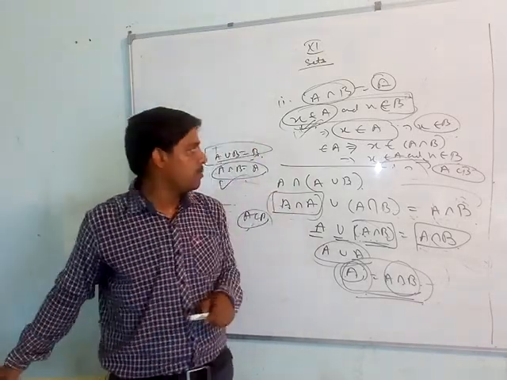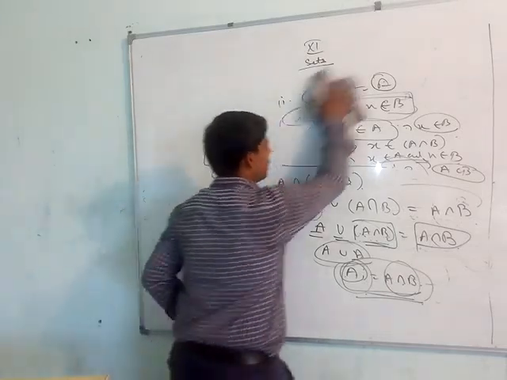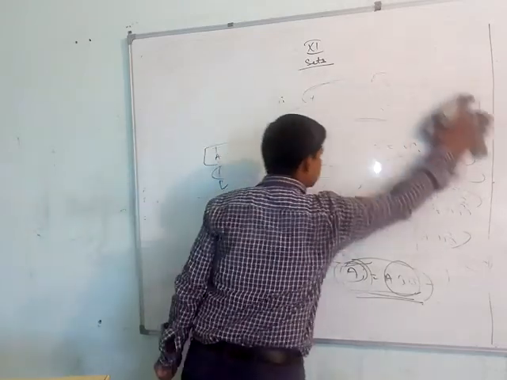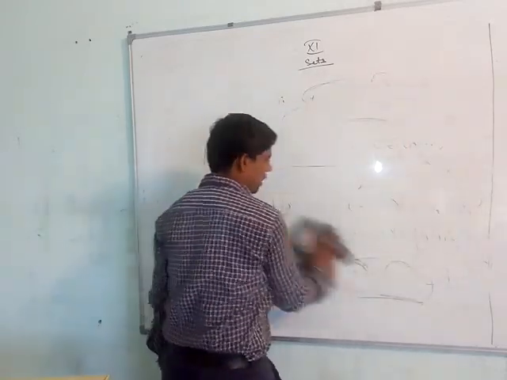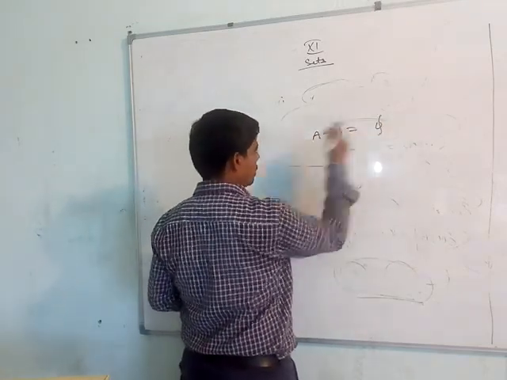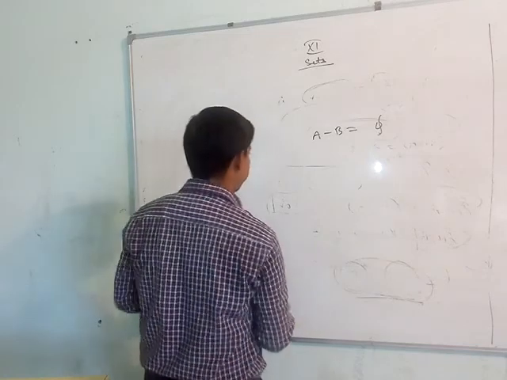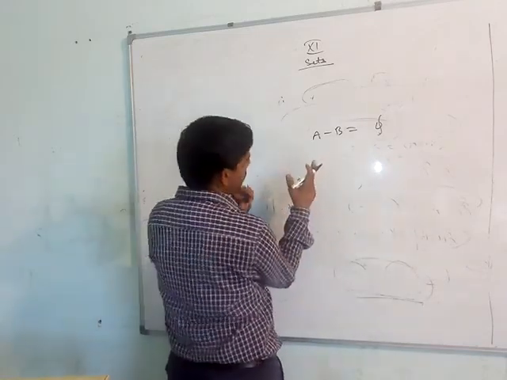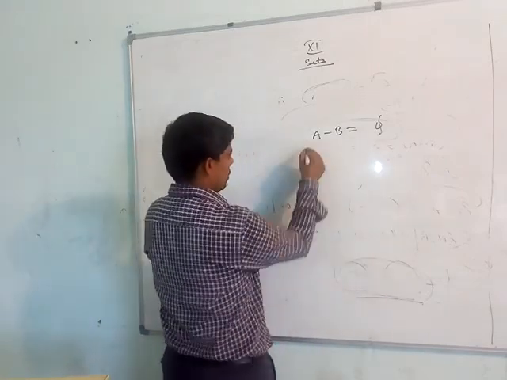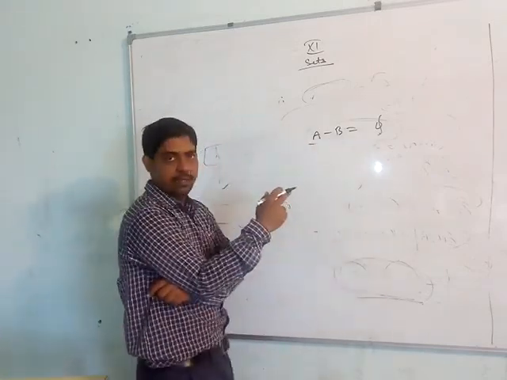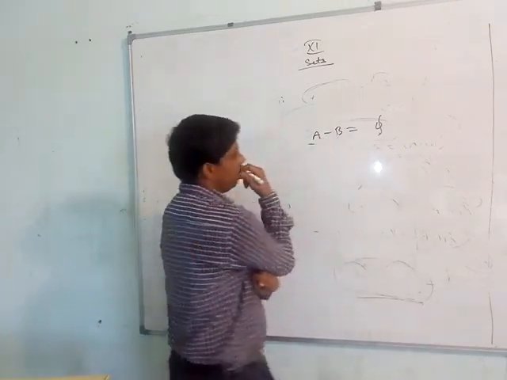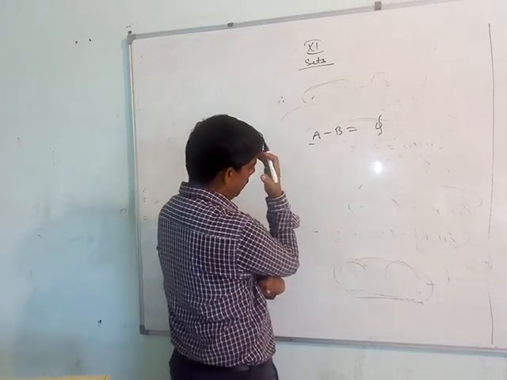Similarly for A minus B. A minus B is equal to the empty set, that is, there is no element in A minus B. So again this can be proved to be the same as the two conditions that we have studied, right? How can we do that? We can do it analytically also: x belongs to A and x does not belong to B. Or we can use some intersection property also.